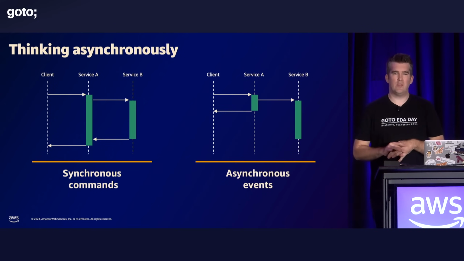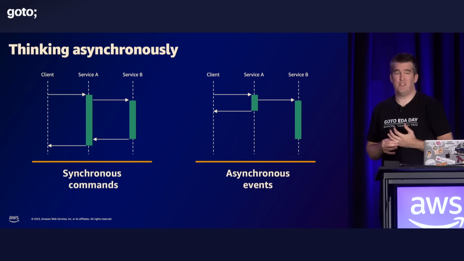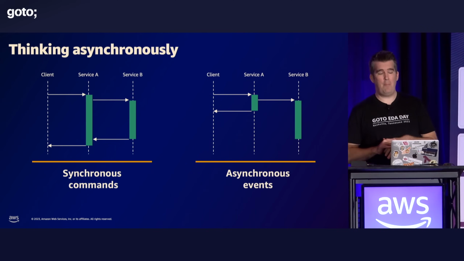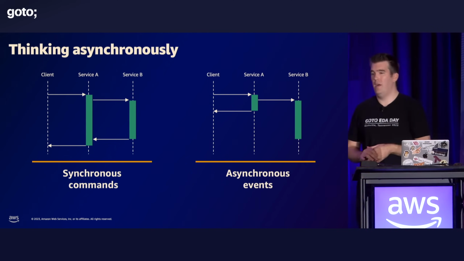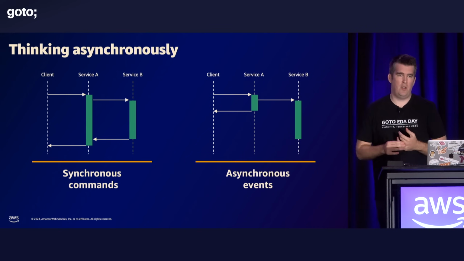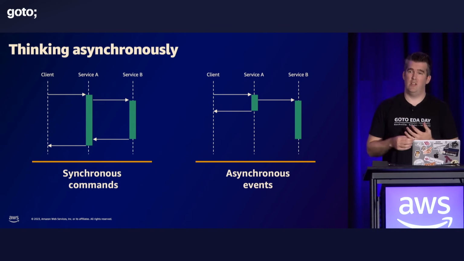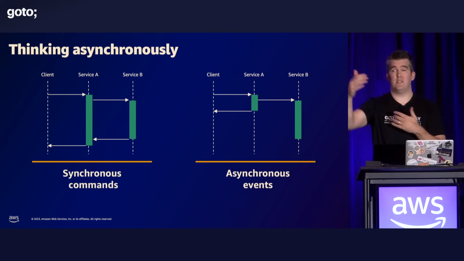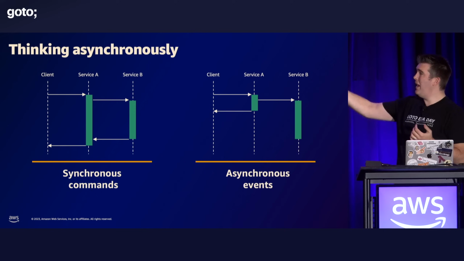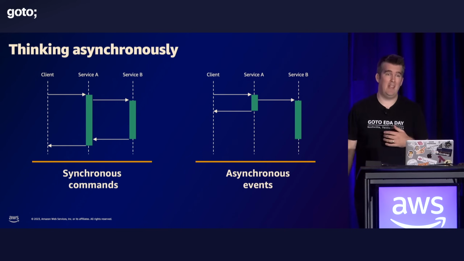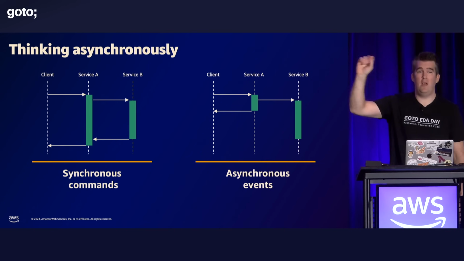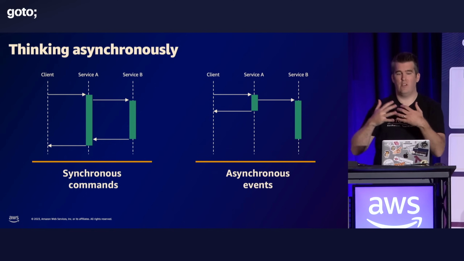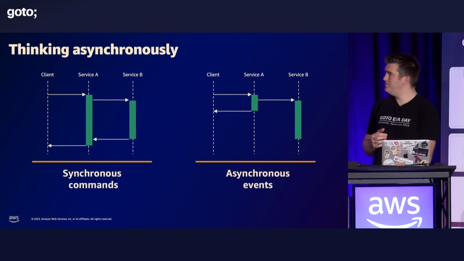Your application will have times where you have synchronous commands, as an example, or asynchronous events. An example would be on the pizza ordering app. I make a query, it's a type of message. I make a query to get some information, and this information is given back to me in a synchronous request and response. This is actually called synchronous chaining, where we have one system talking to another, coming back to the user. So this whole synchronous communication pattern.